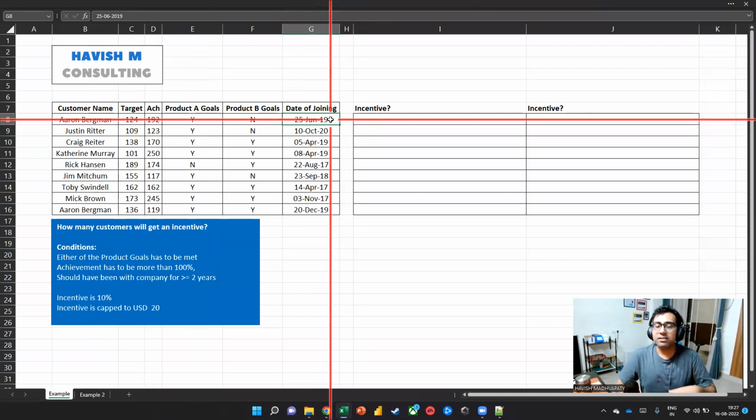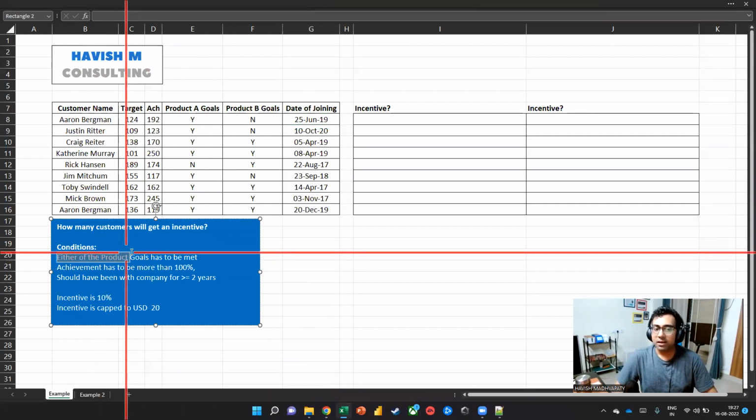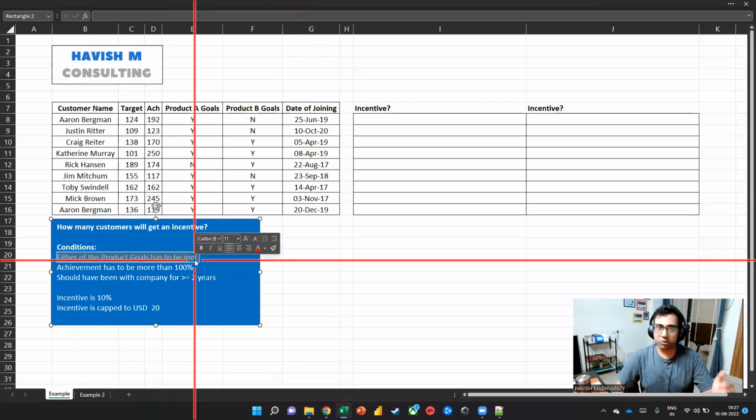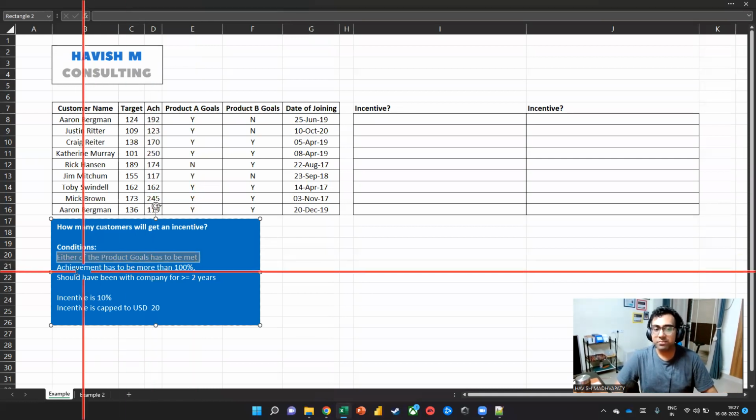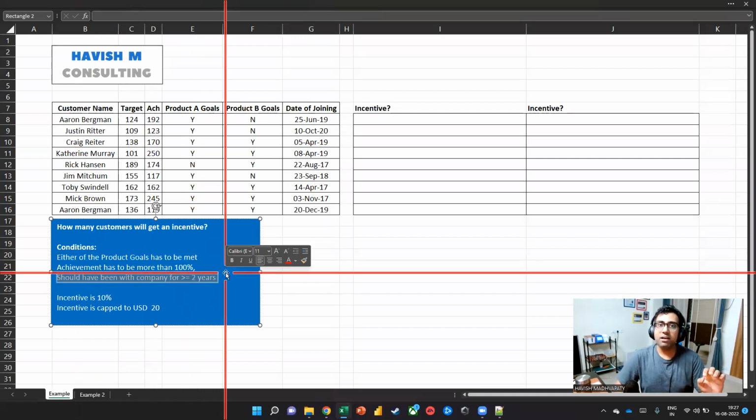Now, as an organization, I would like to give an incentive to my customers. For example, we have a loyalty program, let us say at a Shoppers store. Now, how do they determine who should get that extra promotional offer? So there are three conditions that have to be met. Either of the product goals has to be met. So either the product goal for A or the product goal for B. Or the achievement has to be more than 100%. And the person should have been with the company for at least 2 years. So we only want to give an incentive to a loyal customer, somebody who has shown the longevity along with